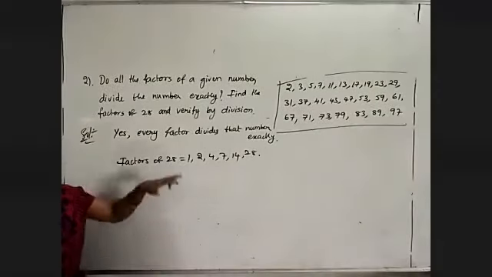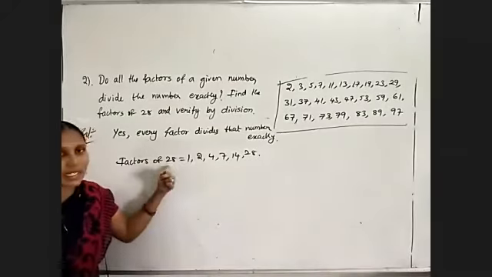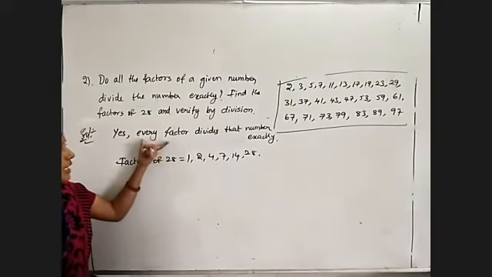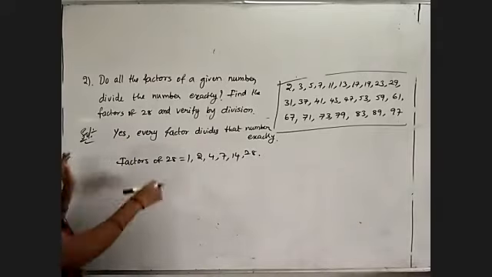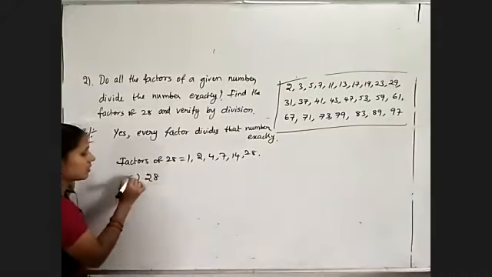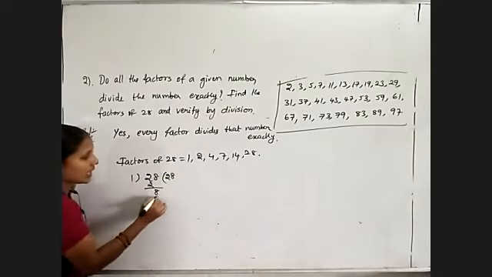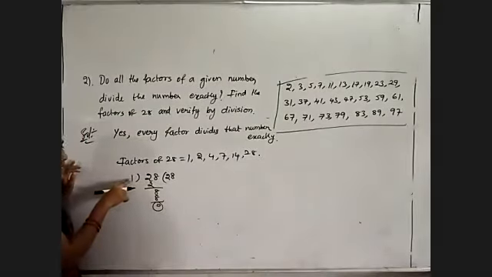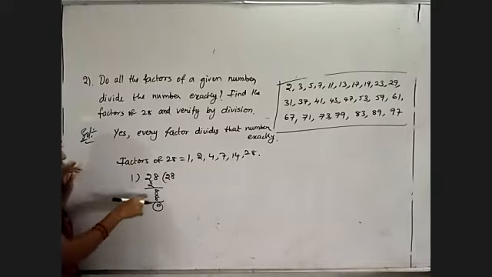Now, what is the question? Verify by division. So by doing actual division, we check whether these different factors of 28 work. One is a factor of 28, 2 is a factor of 28, 4 is a factor of 28. So we need to check whether the statement given is correct or not. Divide 28 by 1. What will we get? 1 twos are 2, take down 8. 1 eight is 8. Remainder is 0. So 28 is divisible by 1, which means 1 divides 28 exactly. My first factor divides 28 exactly.